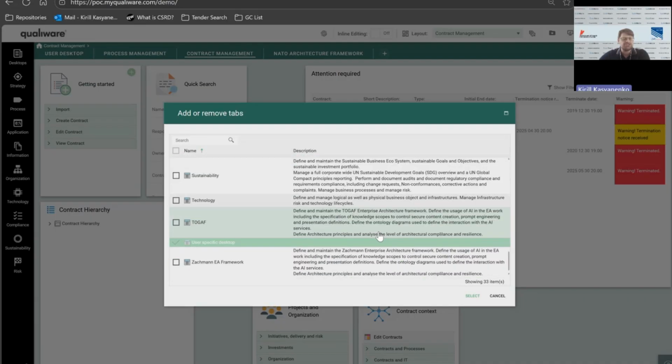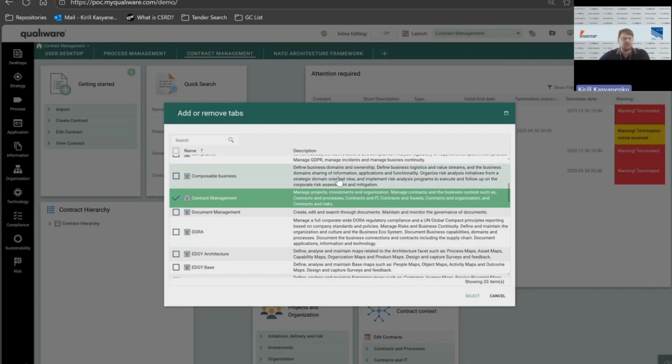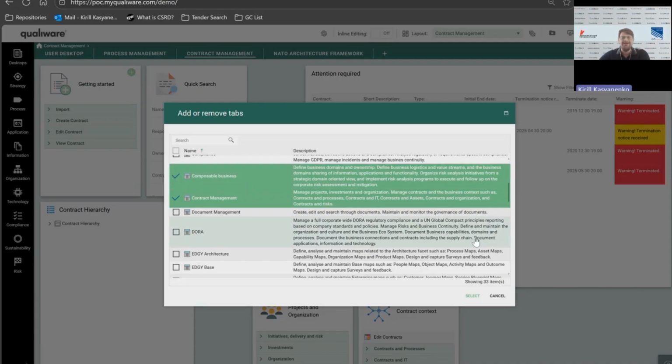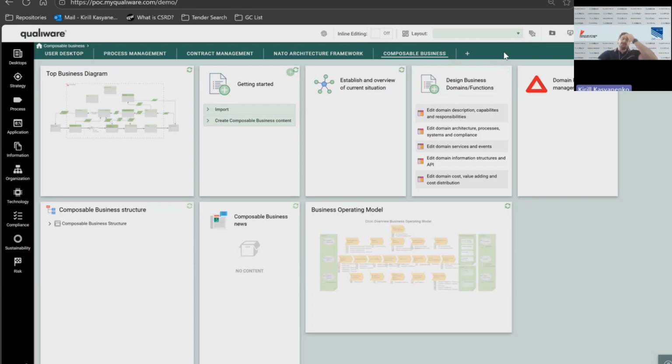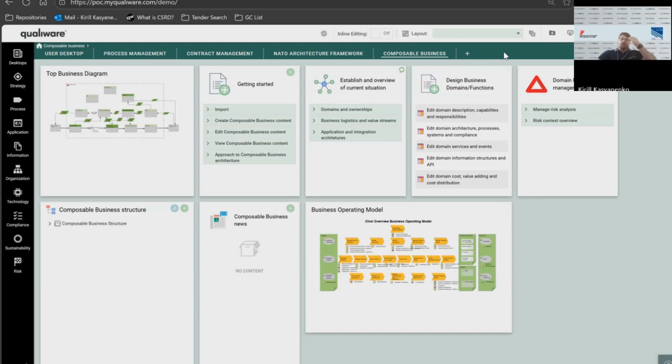Composable business. Actually, I'm gonna jump back to you, and I'm gonna ask, could you describe to us the composable business part a little bit? Yeah, sure. Composable business has to do with a new approach to